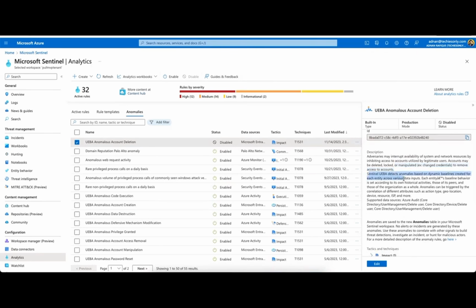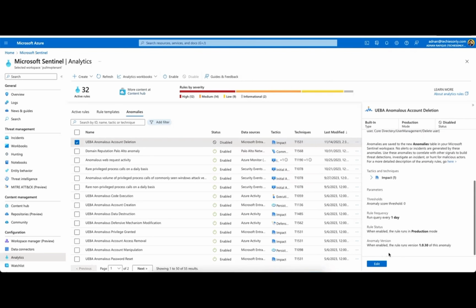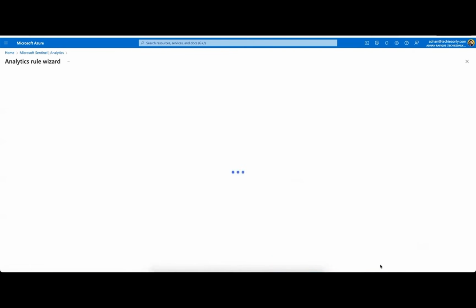Sentinel detects anomalies based on dynamic baseline behavior, triggered by the correlation. It will create the correlation of different attributes based on criteria such as geolocation, device, source, and so on. Okay, so let me take a look. If I click edit,